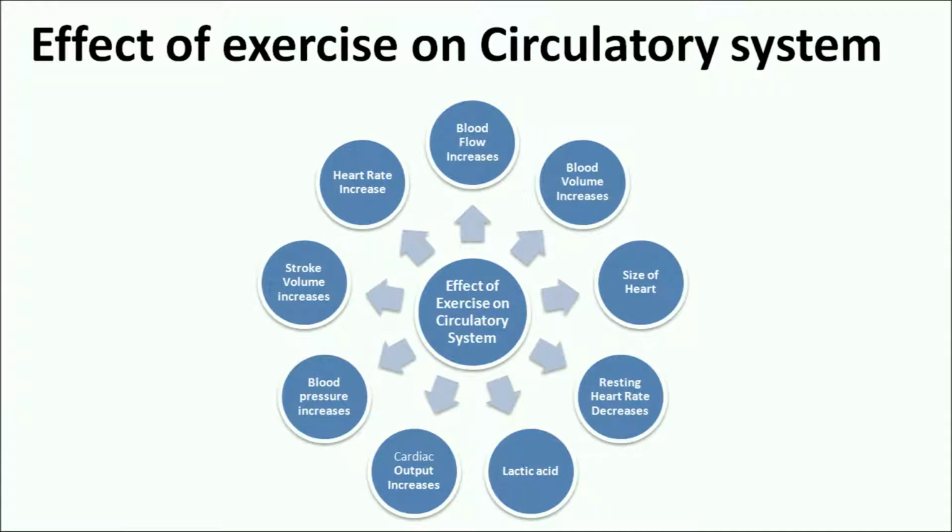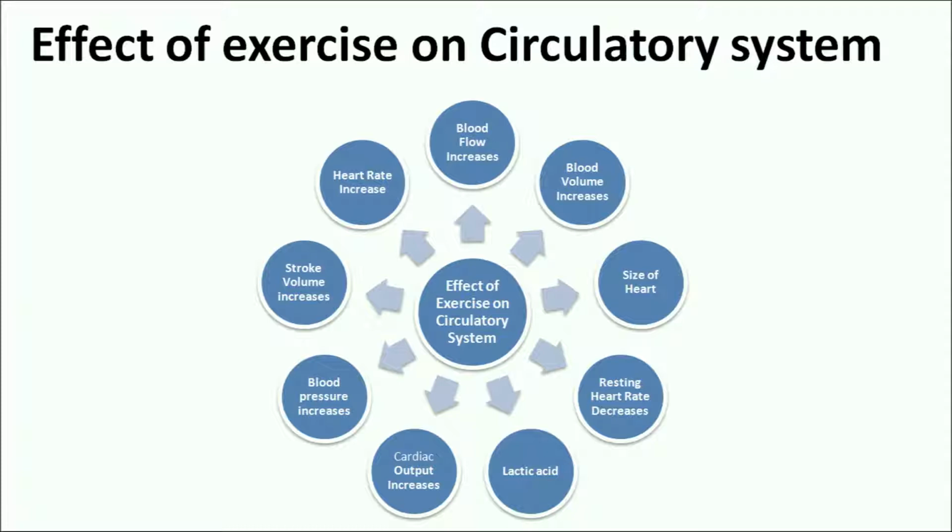The heart rate increases. Resting heart rate ranges between 60 to 80 beats per minute. During activity, heart rate increases. The stroke volume increases. The amount of blood pumped in every heartbeat is known as stroke volume. As a result of exercise, this is increased. The cardiac output increases. Cardiac output is a simple multiplication of the heart rate and the stroke volume.